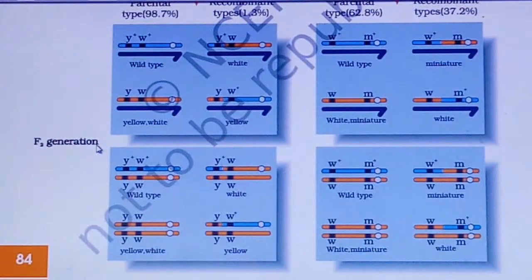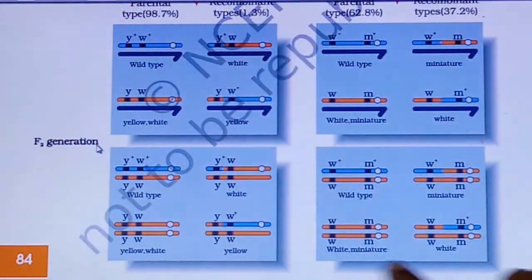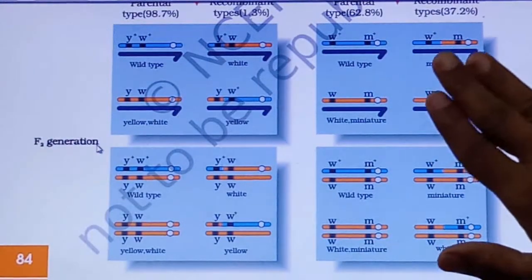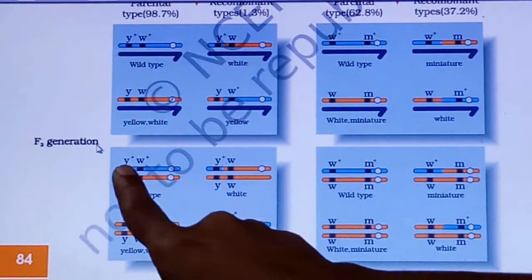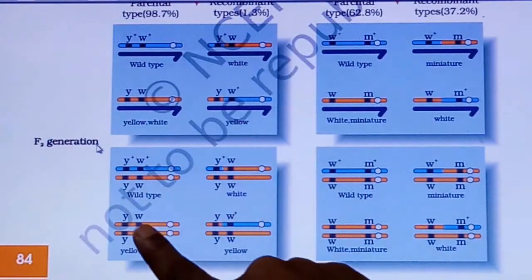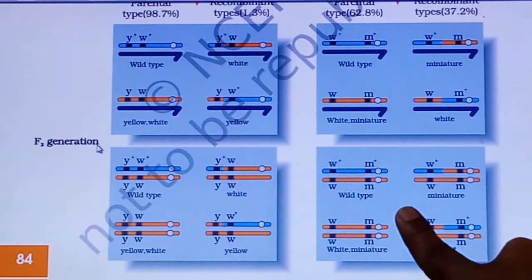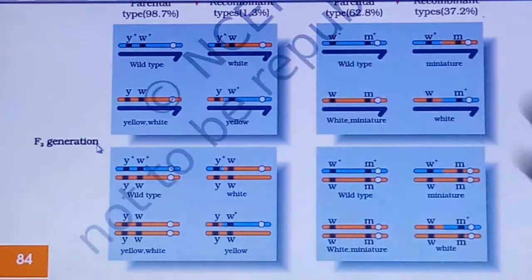On page number 84, the diagram is given. This F2 generation is there, and you have to keep this in mind. Very important: be careful whenever you prepare this chart. See that here the distance between these two genes is very small, and here it is more. So parental characters will be observed more here, and here the recombinant character percentage will be increased. This only you have to show. A 5 marks question will be asked on the same point.